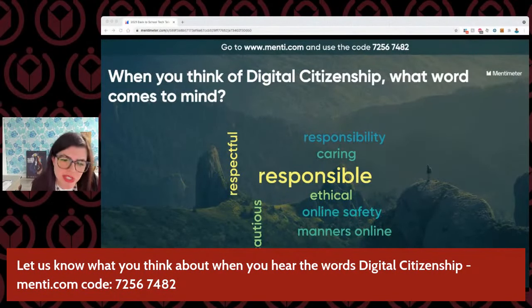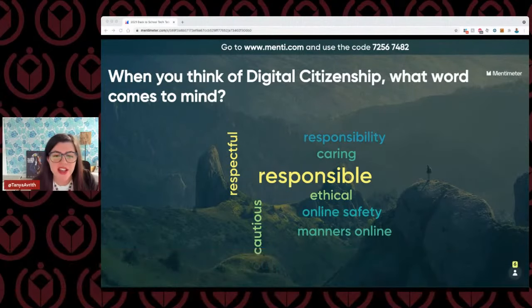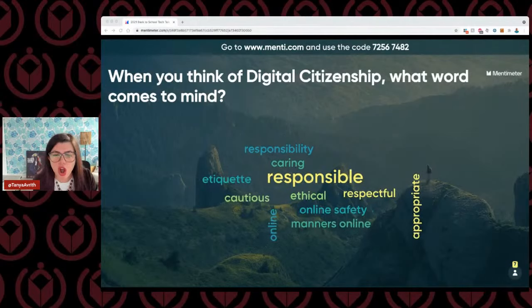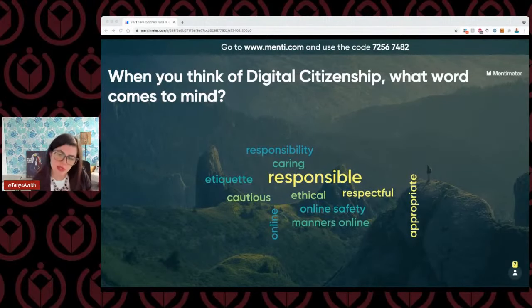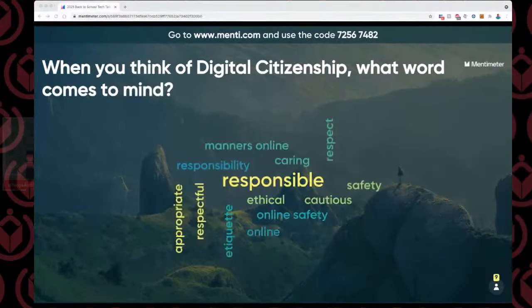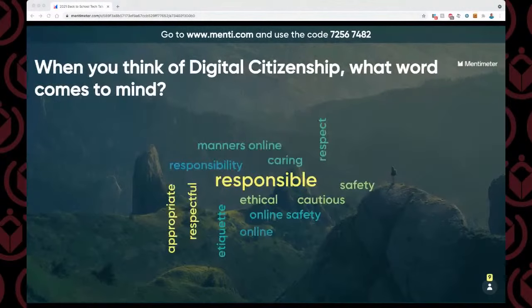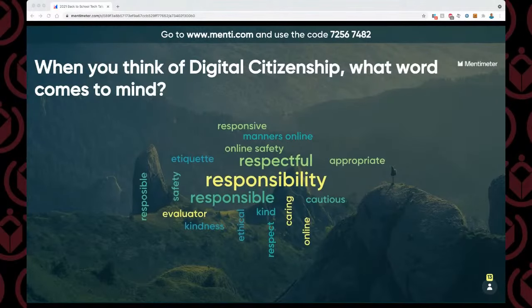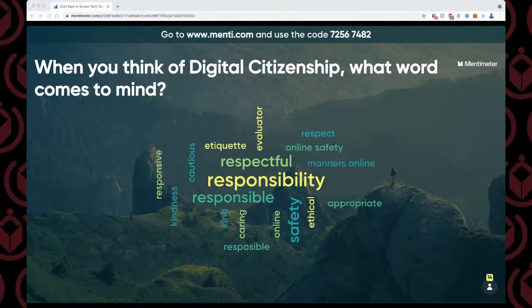All right. So responsible, respectful, ethical, caring, online safety, manners, etiquette, cautious. Yes, absolutely. Appropriate. Respect. Yes. Manners, kindness. So etiquette. Yes. So we see a lot of that, like ethical, safety, online, kindness. And that is definitely important.